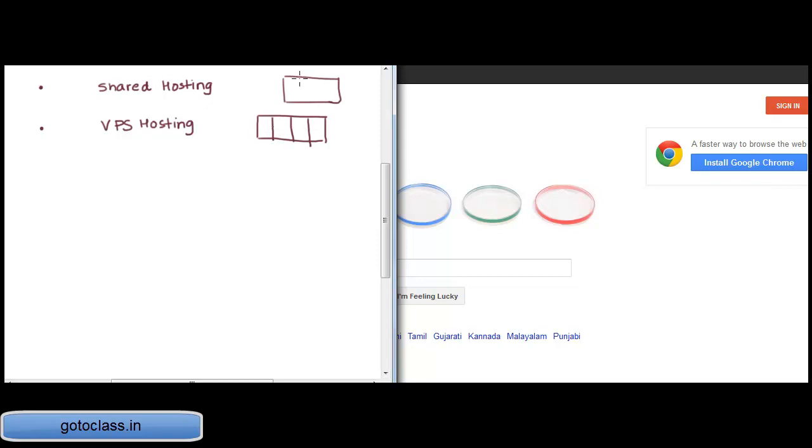Whereas with shared hosting, it is one machine and several websites are hosted on it. So if somebody were to access one website hosted on this machine, they can also get into these other websites, directories and folders.